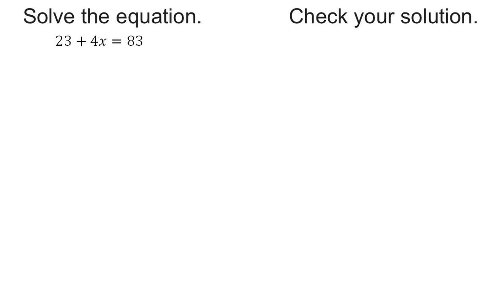The question becomes, which order do we do those in? According to the order of operations, when we simplify an expression, the multiply happens first. Then the addition would happen. When we solve the equation, though, we want to work backwards on the order of operations and undo the add first. So let's subtract 23 from both sides,